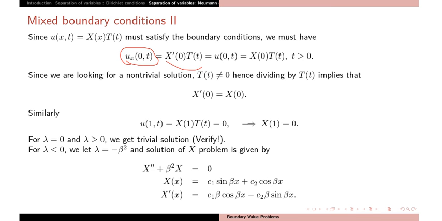Okay, u_x(0,t) equals u(0,t), and this means, so what is given, u_x(0,t) equals u(0,t). So what is the left hand side, u_x(0,t), X'(0)T(t), and the right hand side is X(0)T(t). So both are equal. So by cancelling T on both sides, you get X'(0) equal to X(0). That is the boundary condition. Also u(1,t), this is a simple condition, u(1,t)